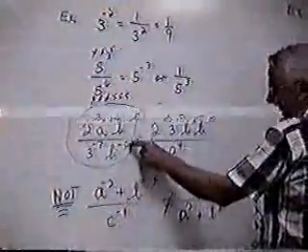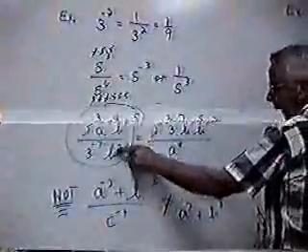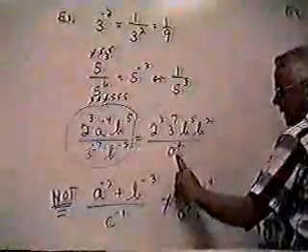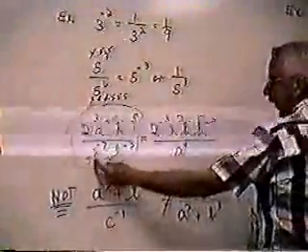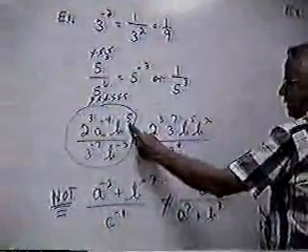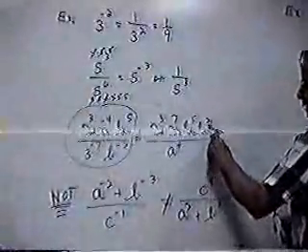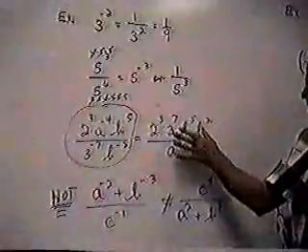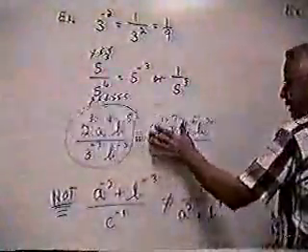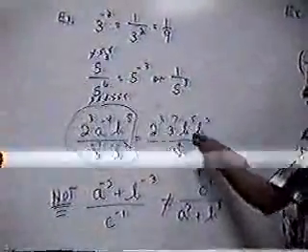Now, if it's all multiplication and or division, you can move things just up and down across the division sign. A to the minus 4 moves down to A to plus 4. 3 to the minus 7 moves up to 3 to the plus 7. B to the 5th stays where it is. B to the minus 2 moves up, B to the plus 2. As long as it's all multiplication, division problem, you can move numbers, negative powers, up and down across the division